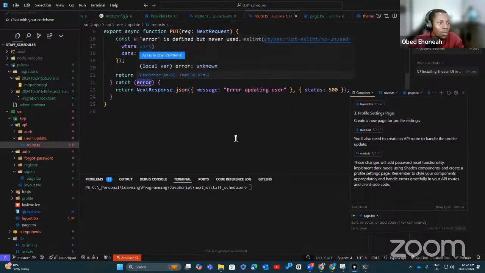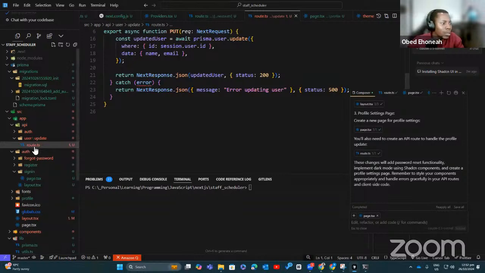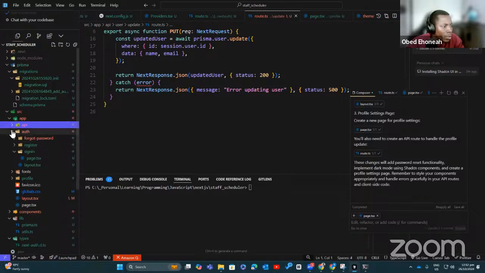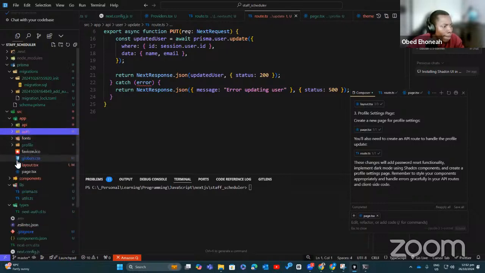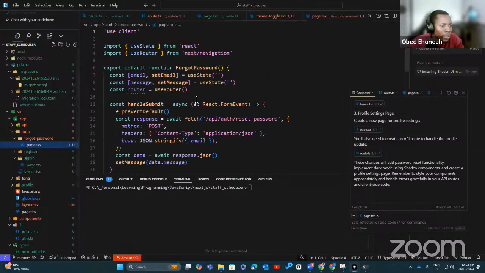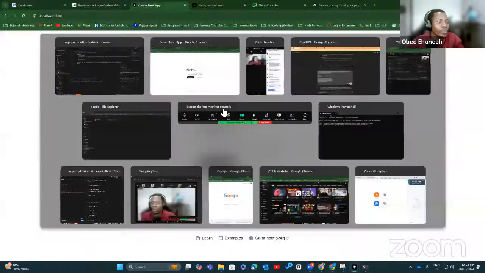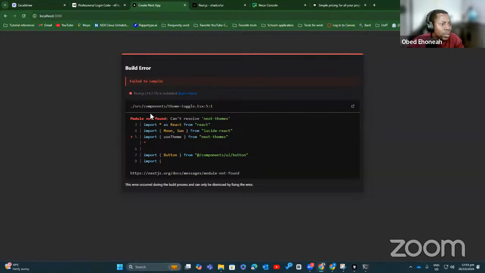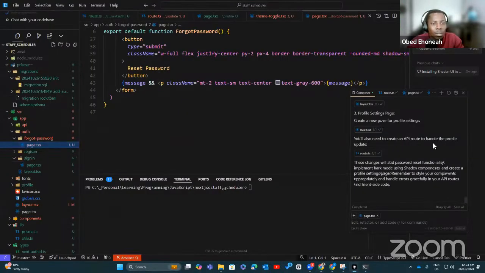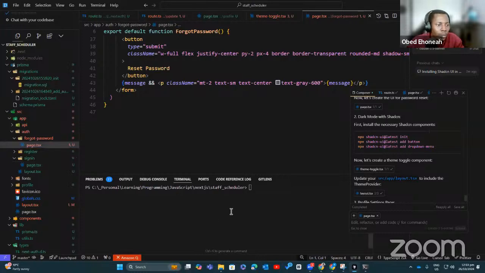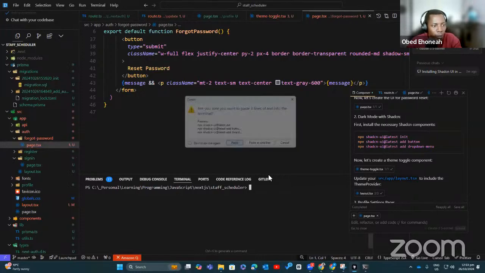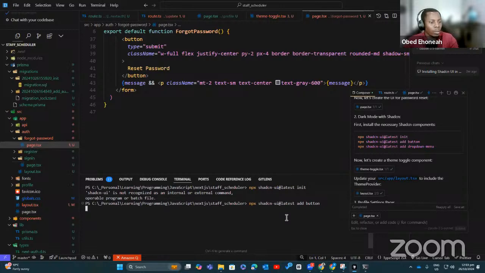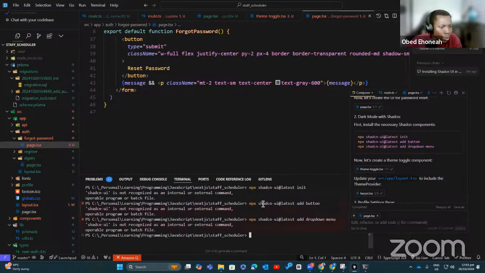See, this error. Anyway, let's go and see what other pages it created. So instead of routes, let's look at, oh yeah, it created forgot password. Oh okay, but it didn't use the router. Says module not found. We've not installed the component, so we need to install these modules.